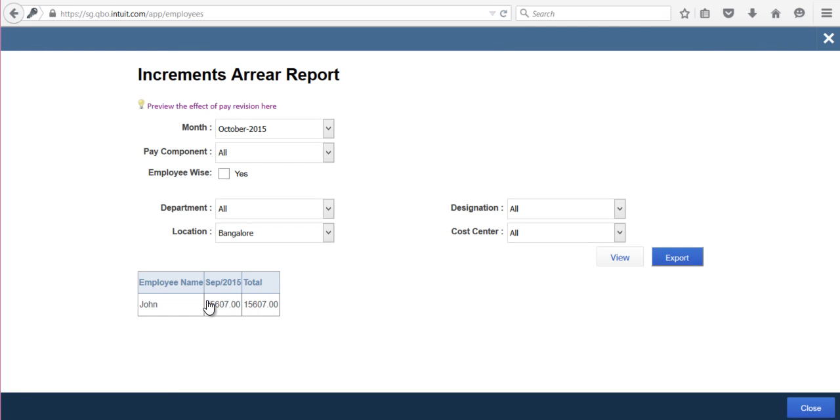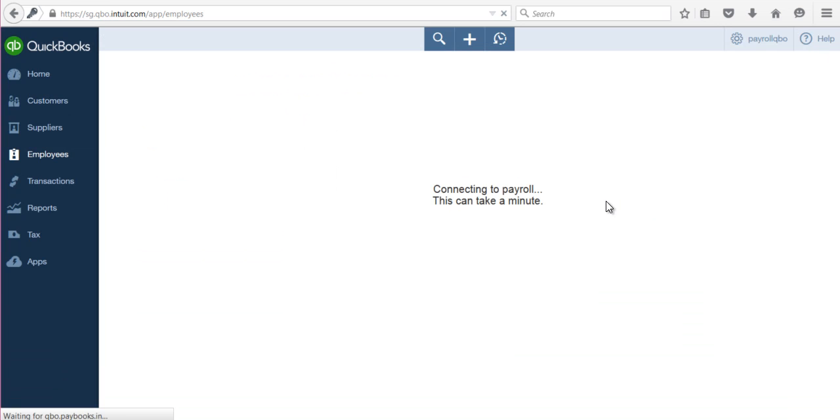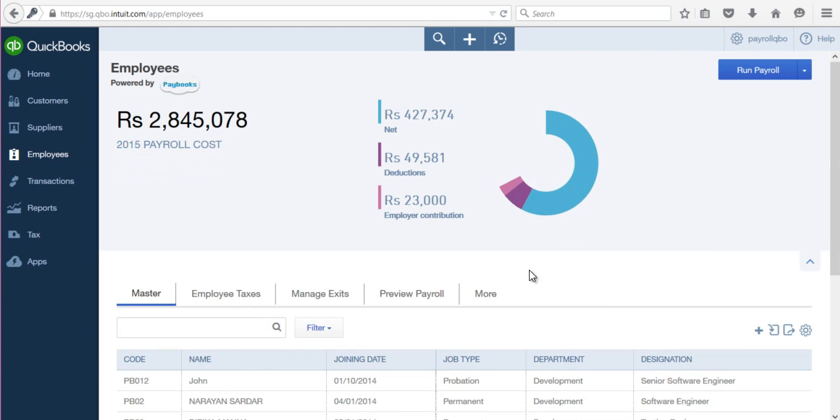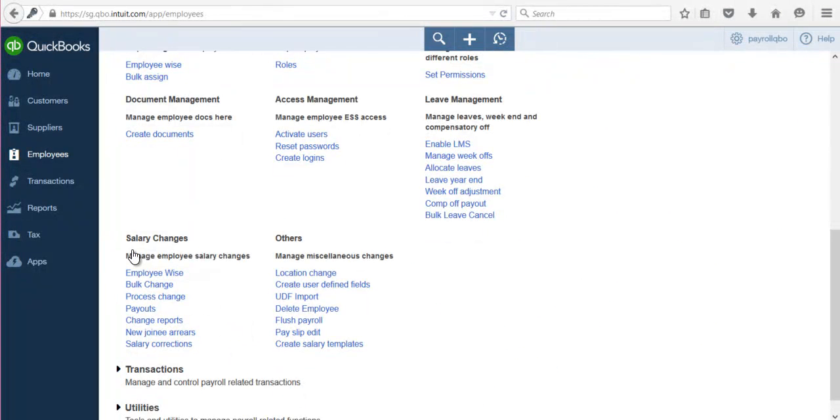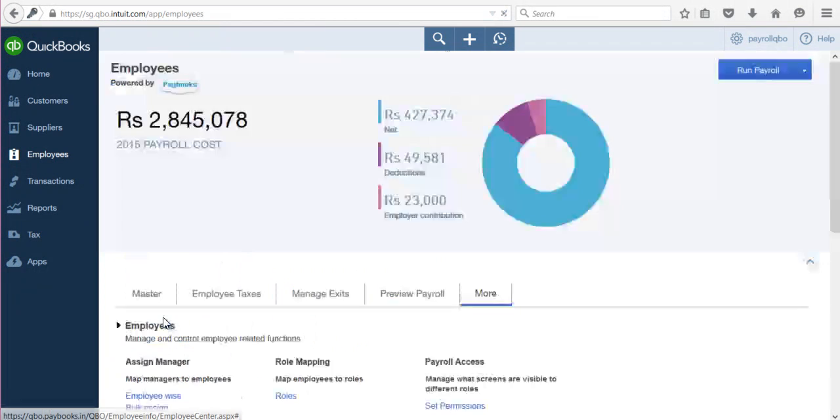It will show the consolidated arrears being calculated in this payout. If you want component wise, the entire breakup, then you can go to more, employees, salary changes, change reports.